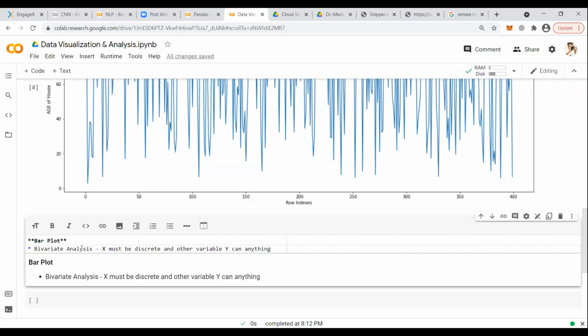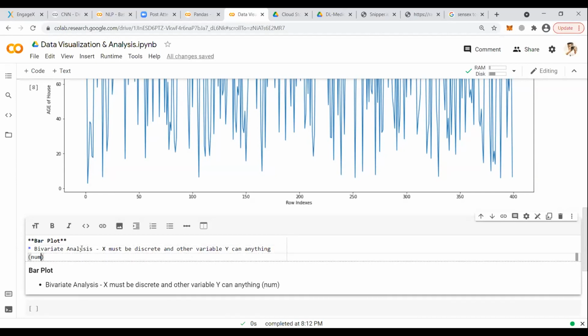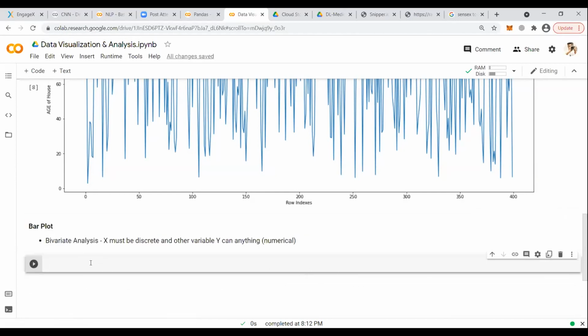X must be discrete and y can be of anything. When I say anything, it means numerical. Fine, then we have got the bar plot.